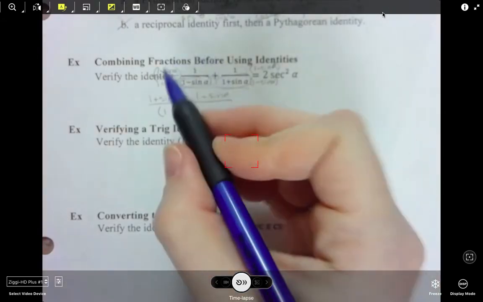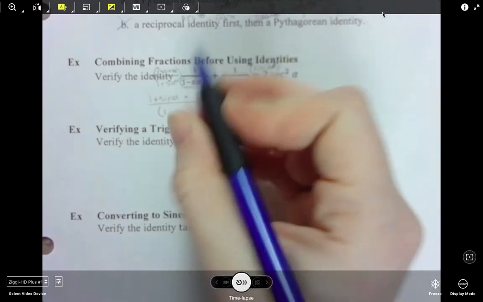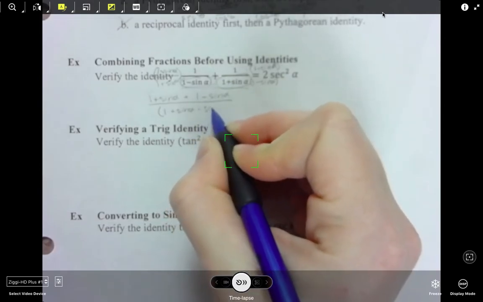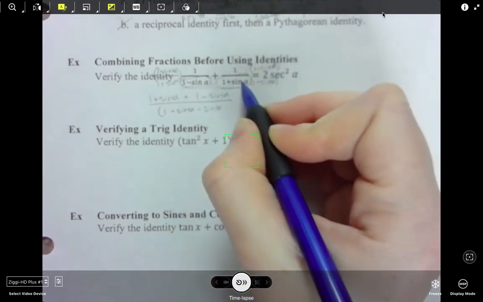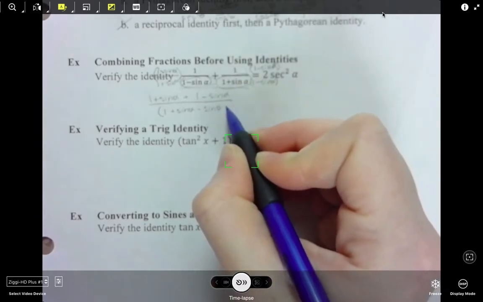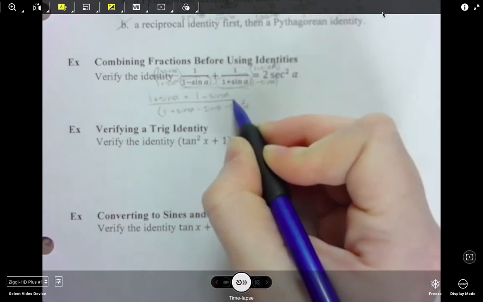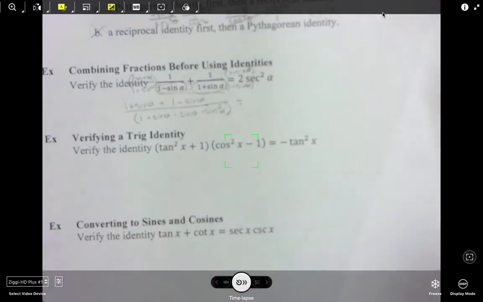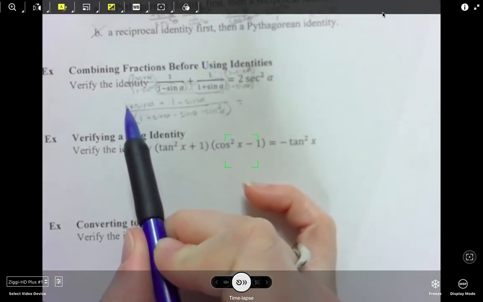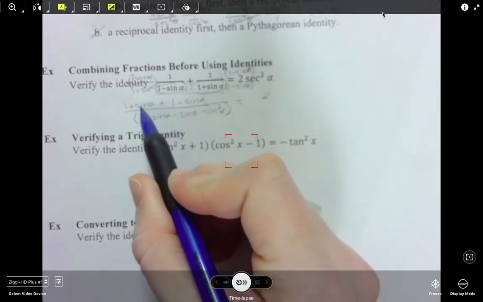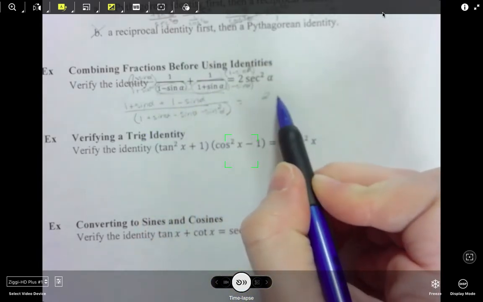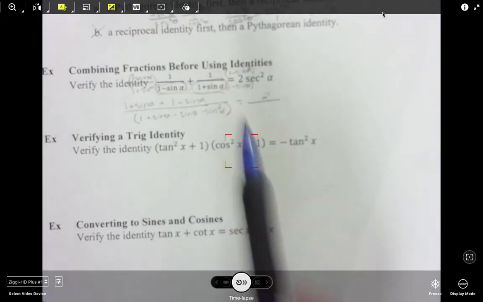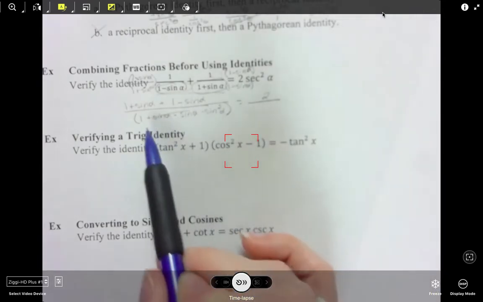Yeah, I do. 1 times 1 is 1. 1 times sine of alpha is a positive sine alpha. Negative sine of alpha times 1 is negative sine alpha. And negative sine of alpha times positive sine of alpha is a negative sine squared alpha. Okay? Things are going to cancel out really nicely for us. 1 and 1 will give us 2. And then sine of alpha and negative sine of alpha will cross out, so I just have 2 on the top. Okay? On the bottom, the sine of alpha and negative sine of alpha cancel out, and I have 1